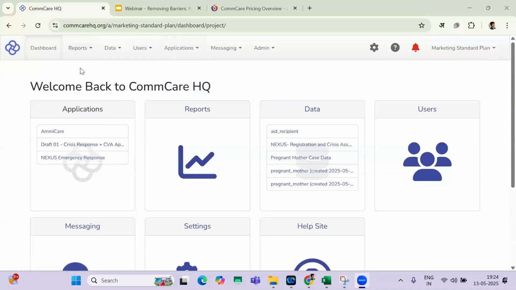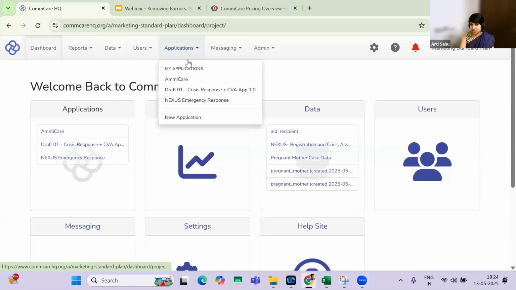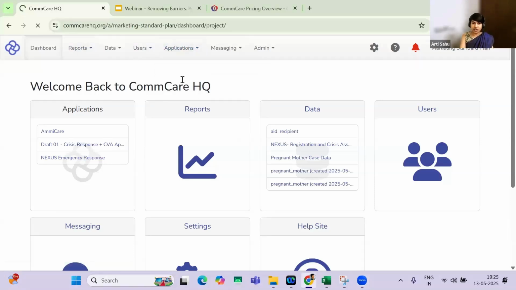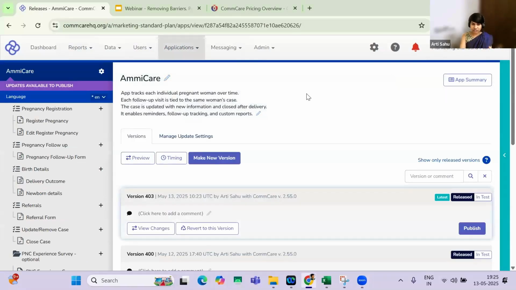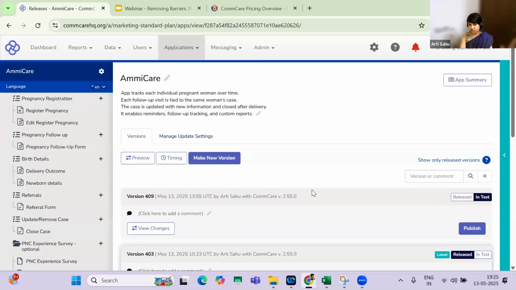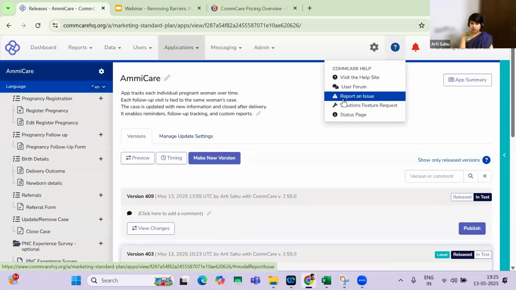Yeah. So I just shared my screen, and to your question, the best way to find out where the error would be happening, what I suggest a lot to my onboardees, is to always try making a new version of the application. It actually gives you the exact place where the error would be happening. So you basically go to your app settings over here, and then you click on making a new version. If there's any error, you will see the description about it. If you go into the error and you're not able to resolve the issue, go to this question mark over here and then click on report an issue.